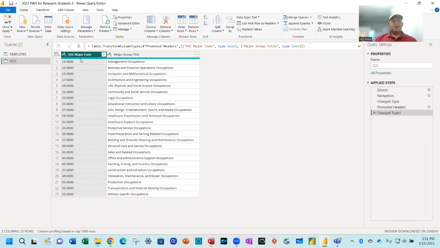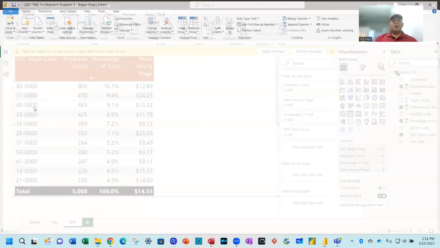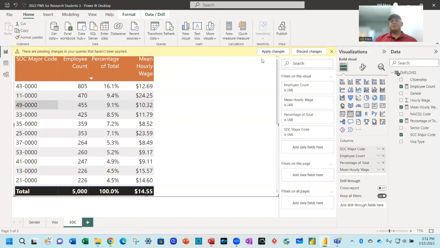And then I check, okay, SOC code is text, that's fine, and titles are text, that's fine. So I'm pretty much done with the transformation that I needed to do. So now I'm going to close and apply. And when I close and apply,